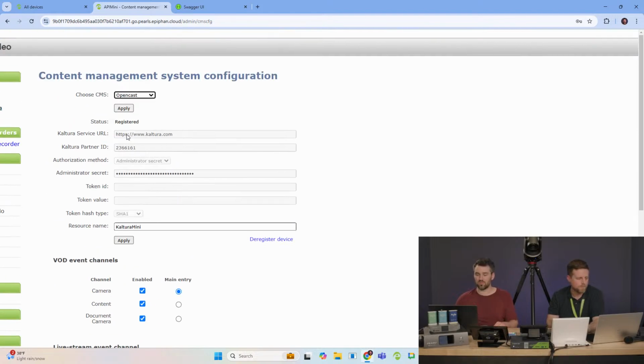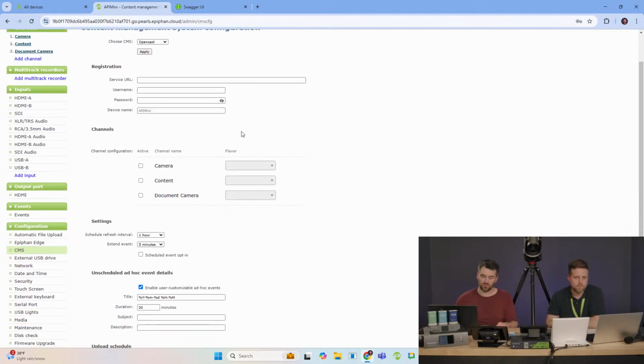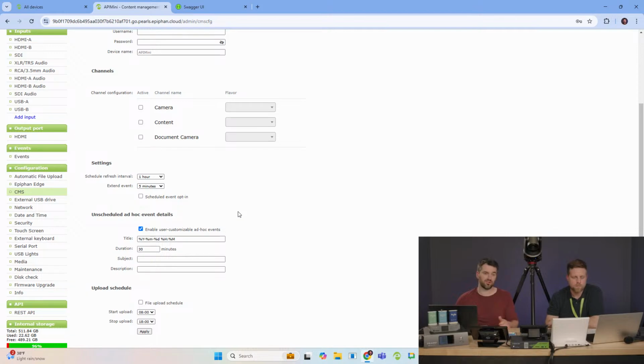Again, we're compatible with OpenCast as well. And you could literally just call these back with presets and switch between them. So let's say your infrastructure is based off of some CMS, and then sometime later you maybe move to another CMS. As long as it's one of the ones we're compatible with, you just switch a setting in Pearl, and then you're good to go. We're not just saying, oh yeah, we only do this one thing. We're essentially agnostic between 4 different CMS platforms, which adds a lot of value.